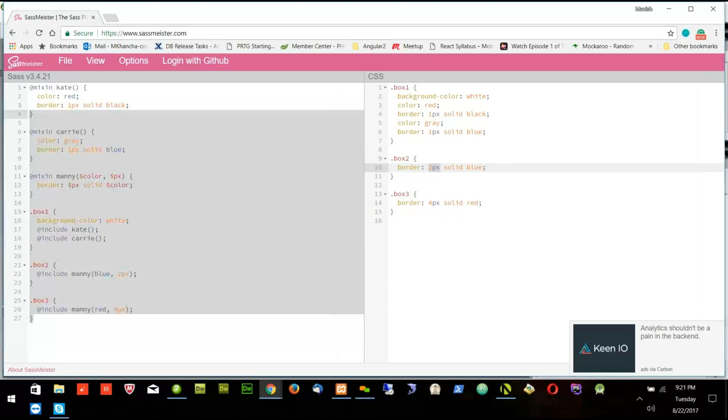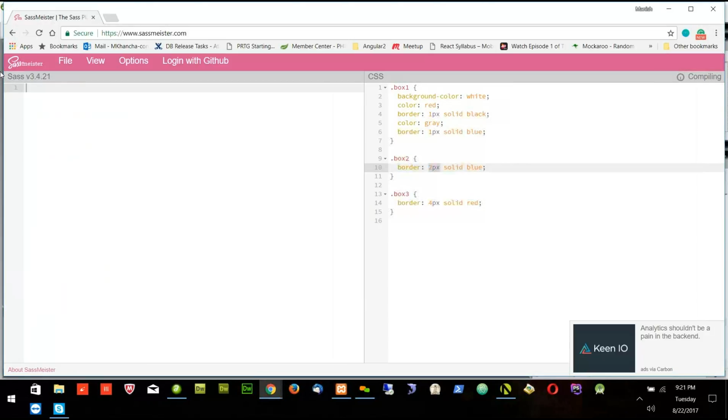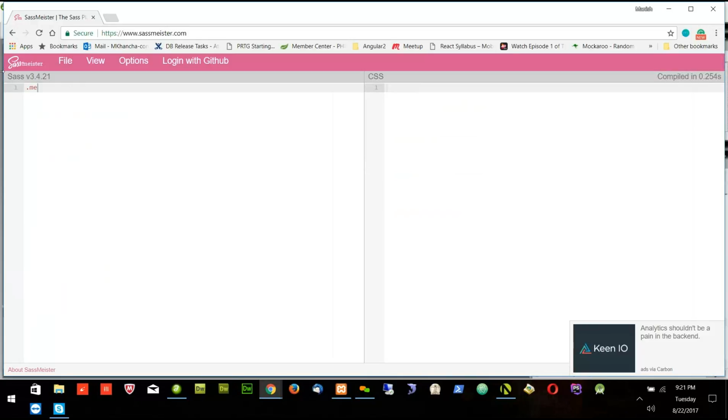Let's create one more thing. Similar to mixin, we have the extend. So for example, if I create one CSS, border 1 pixel solid #CCC. This is a CSS, and I will say heading 10 pixel, and I will say color of #333. Now I want to create another CSS, for example $success, and I want to use